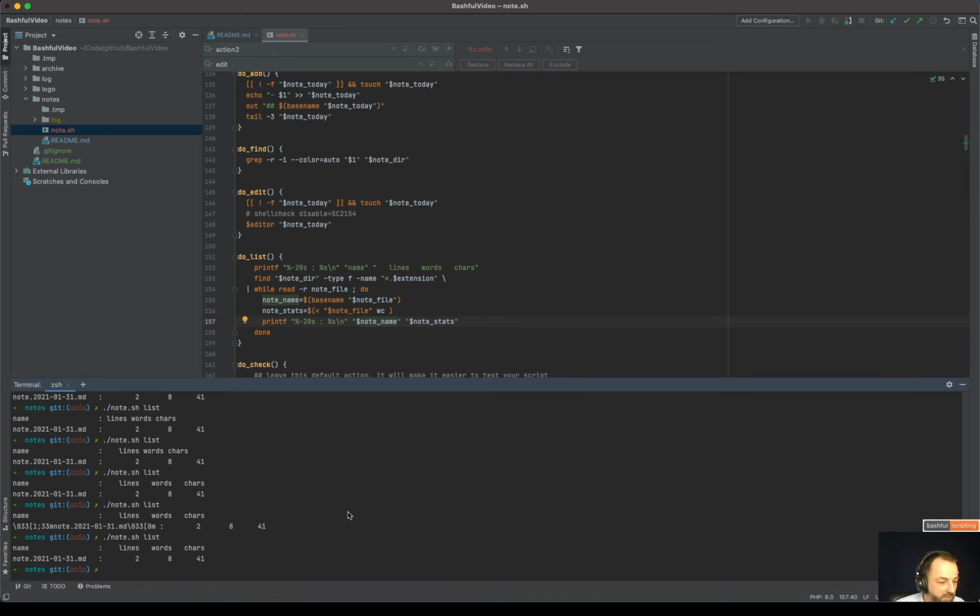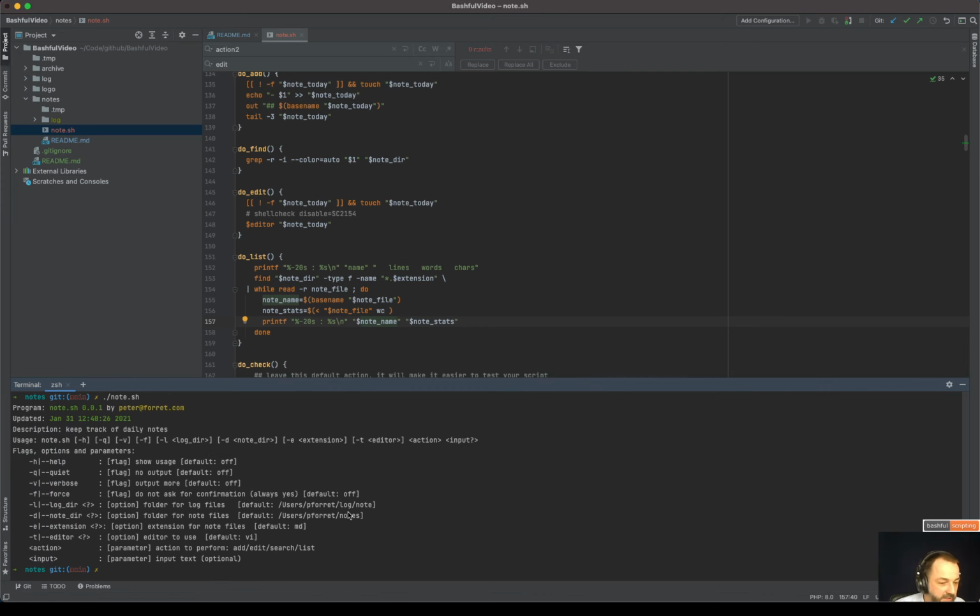Anyway, I implemented node.sh. It has a folder where to put the nodes, an extension, and a preferred editor for the edit command, and then I can work with add, edit, search, and list. Now, I did it in 30 minutes, let's say. I'm going to add some more information, like some more features of Bashful, so that you can see how Bashful helps you